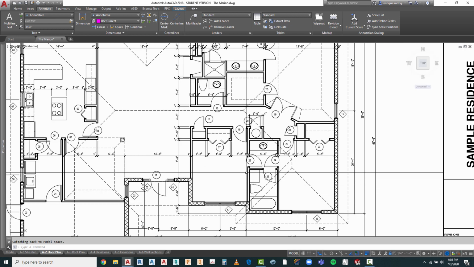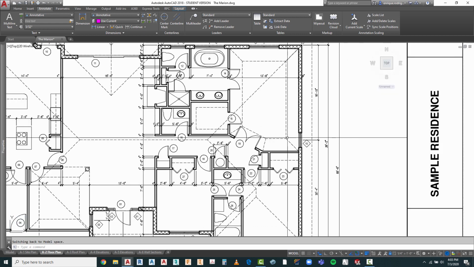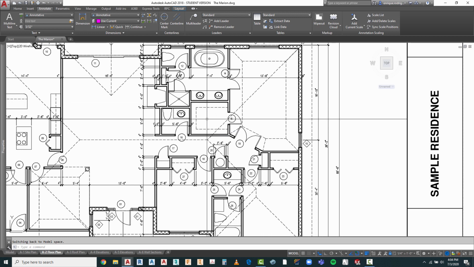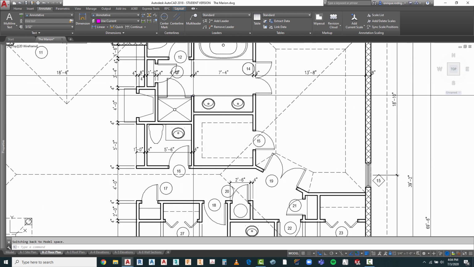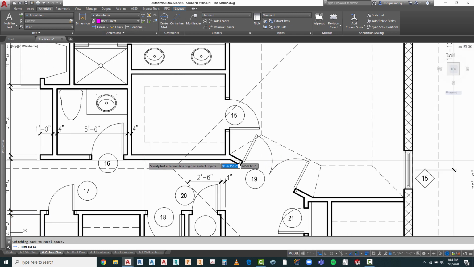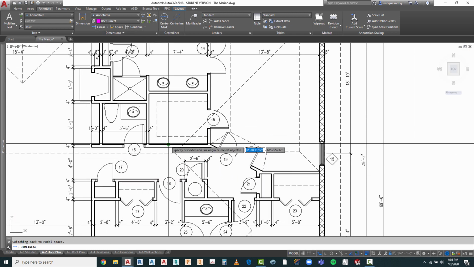We still have this one that we need to dimension, so we have to make a judgment call on whether we need it or not. We still need to dimension where this wall is, so we might want to tackle that with a quick string. I think one string here is important. Also, the end of this wall is important to dimension, so we can do a couple of more isolated dimensions here. We do have the width already of